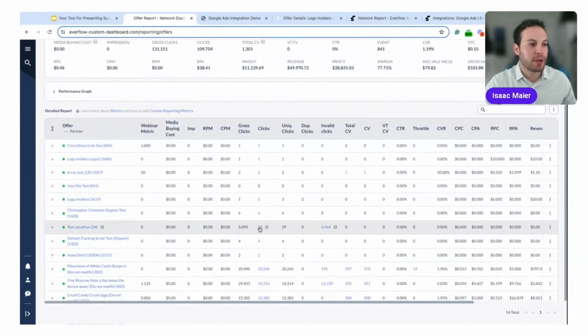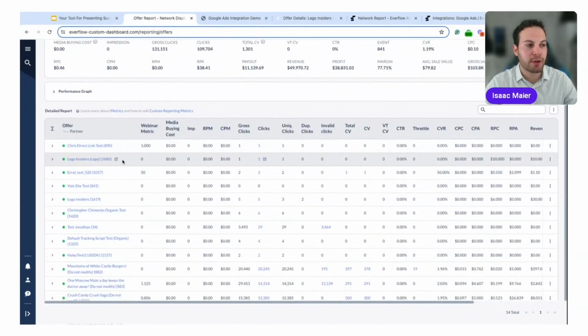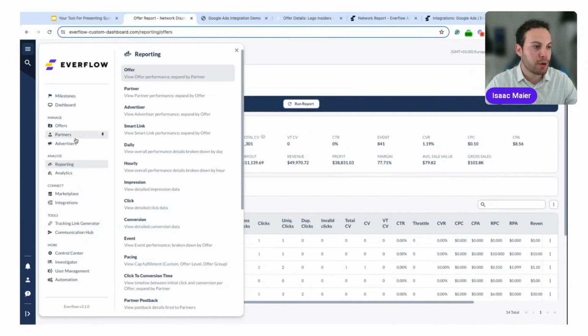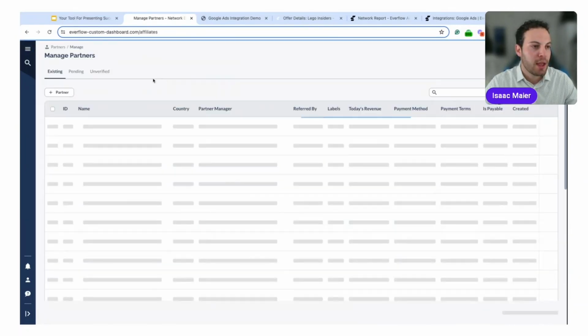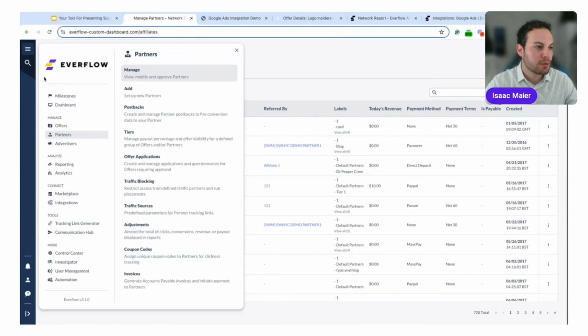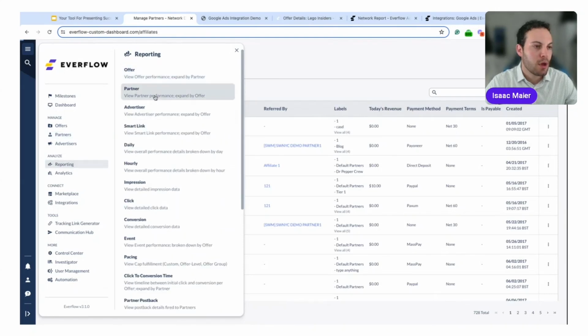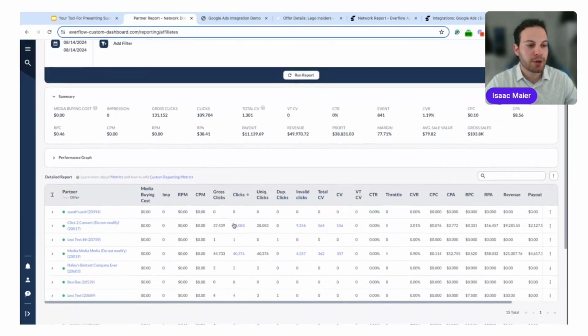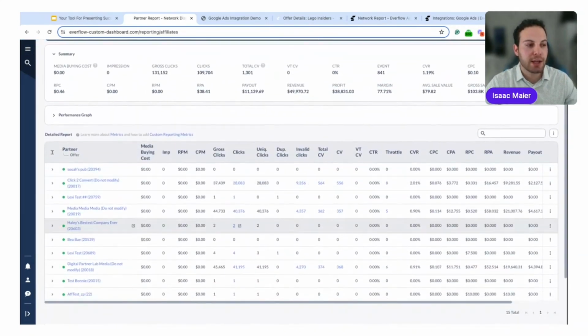We can always go into our reporting and see which offers, which partners. We'll go to the partner report today. Which offers and which partners are performing. And let's say you've had an off week where perhaps